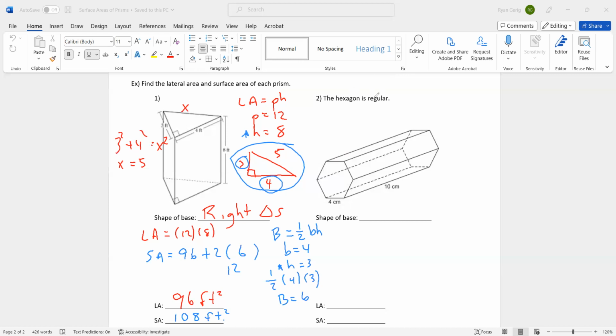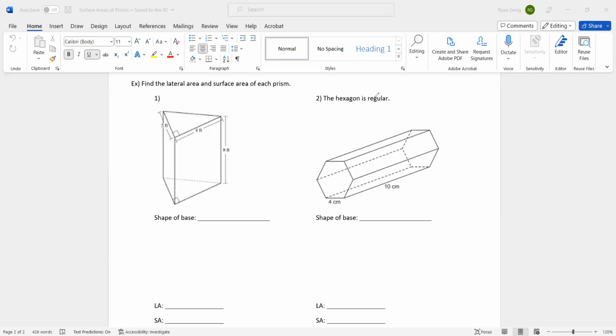All right, the next one's going to be a little trickier because the shape is a hexagon, and it's a regular hexagon, and that's important. Without it being regular, it gets a little challenging. It actually gets to be impossible. But the lateral area first is pH, perimeter of the base, and the height. The height is 10. The perimeter of the base, well, I know it's regular, so the 4 is all the sides. So 6 times 4, 24. This is pretty easy. So the lateral area is just 24 times 10, or 240